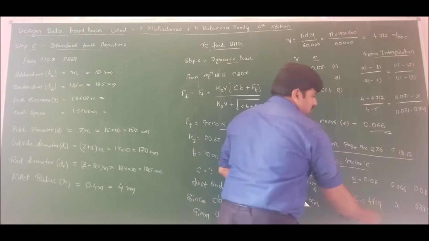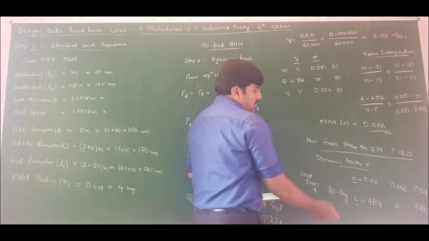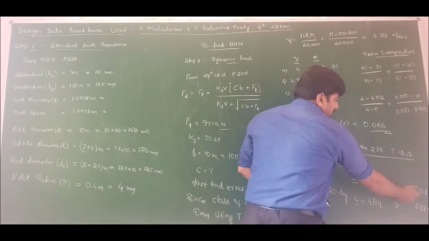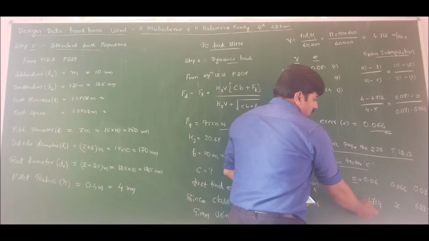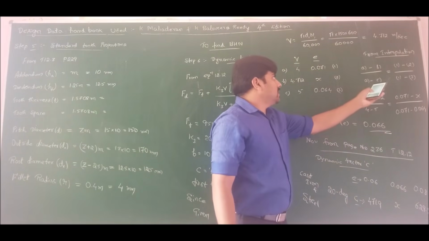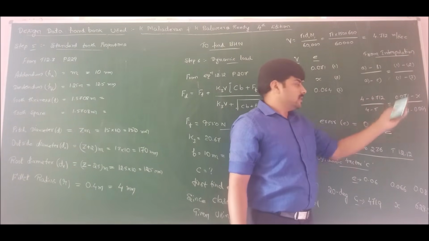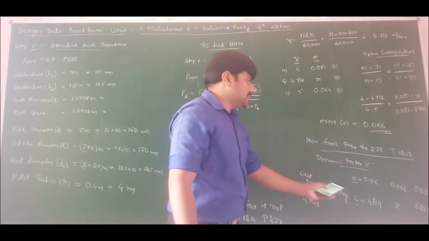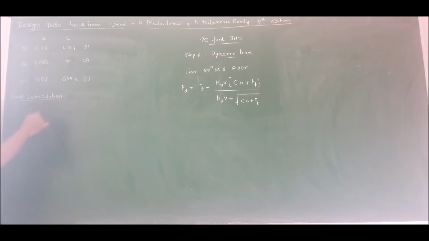So now find the value of X by interpolation, with the same formula. Treat these as A, B and C, and treat the values of C as 1, 2 and 3. Use the same interpolation formula: (A − B)/(A − C) = (1 − 2)/(1 − 3).